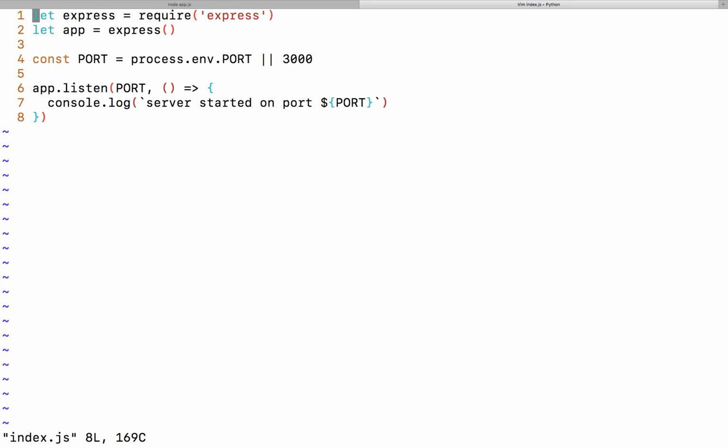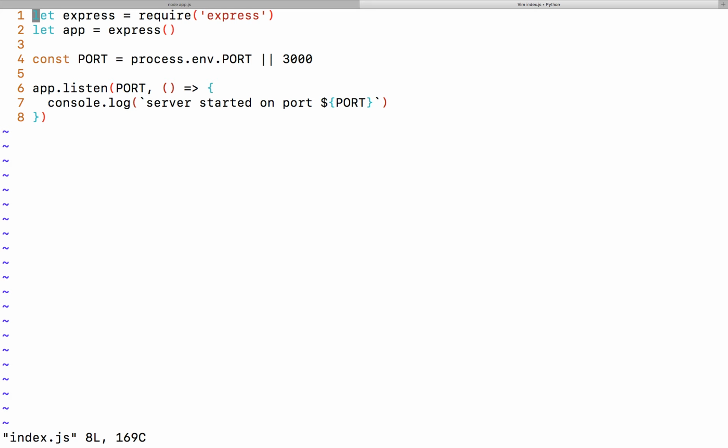So I should be able to run this as npm start. We haven't done enough yet to make that work. Later on, we're going to wire it up to do that. Yes? Where's process.env.port? Process is a node global, right? It's in every one of your node scripts, just like document is in every one of your front-end scripts. And one of the properties available on it is env, which contains all of our environment variables.